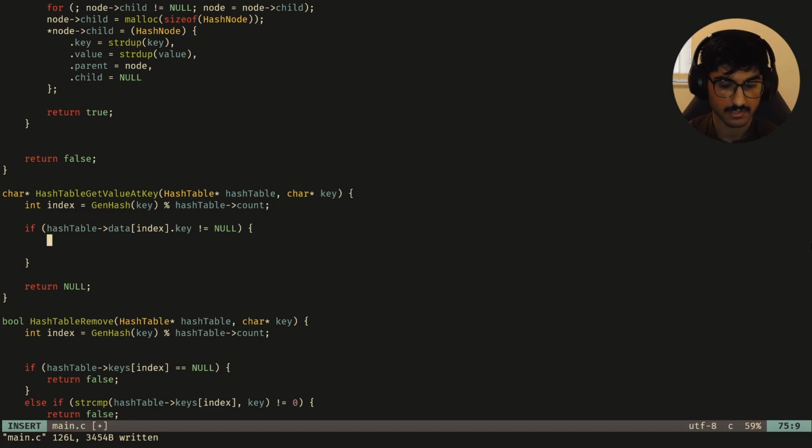If this if statement does succeed, then we have two conditions that could be happening right now. Either A, we have just one node inside of this linked list which contains the key we're looking for, or if it doesn't, it might be some other member in the linked list. So we have to traverse through the whole linked list to find it. So what we can do here is we say hash node is equal to this. Then as long as the current node is not equal to null, the reason I'm not doing node.next is not equal to null is because we end up missing the last element. So if I just write the rest of the code first,